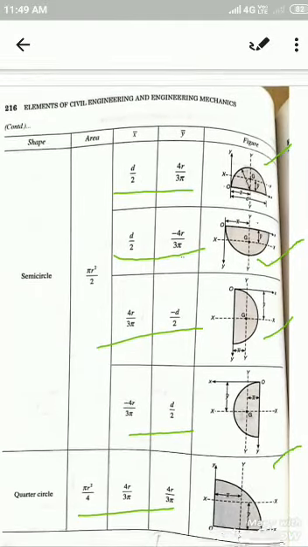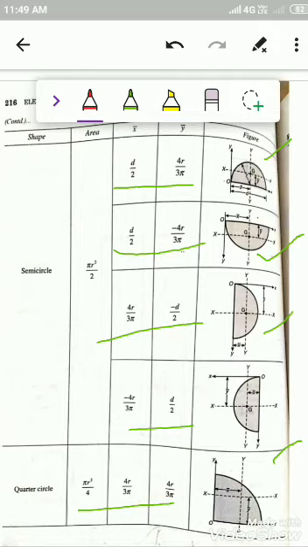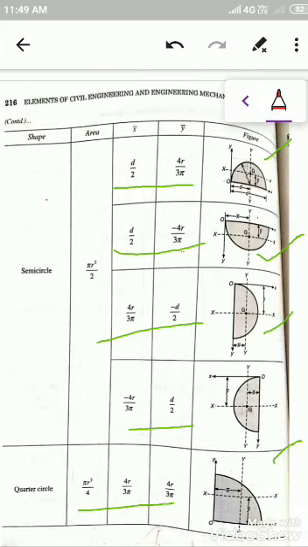The next geometrical figure is the semicircle. This is very important, you just observe it clearly. If the semicircle is above the x-axis, the x bar distance is measured from the origin. These x and y are your reference axes. x bar is equal to half of the total diameter, d. Therefore x bar is equal to d by 2, and y bar is the distance you are measuring from here to here, it is 4r by 3 pi.